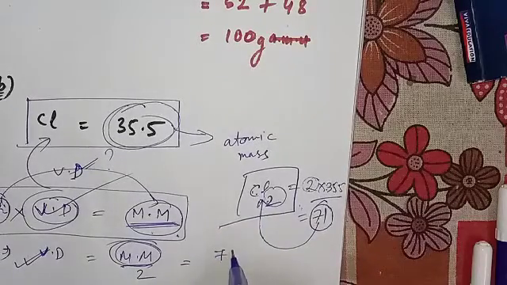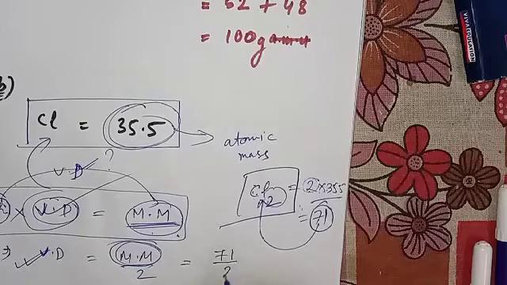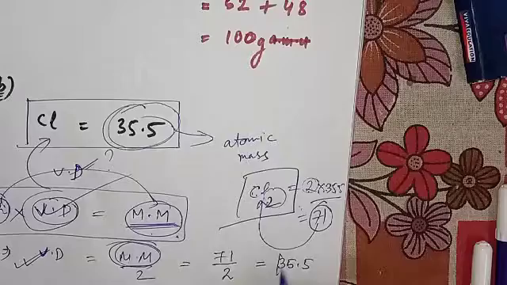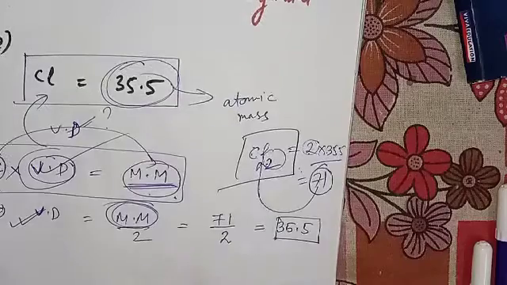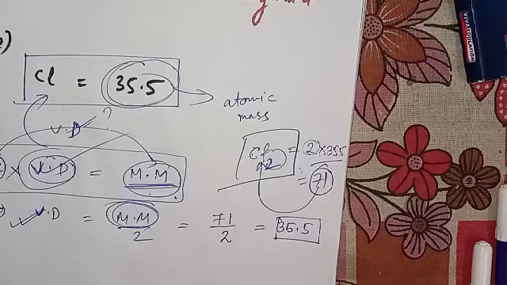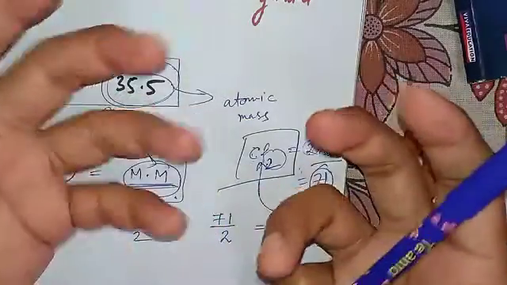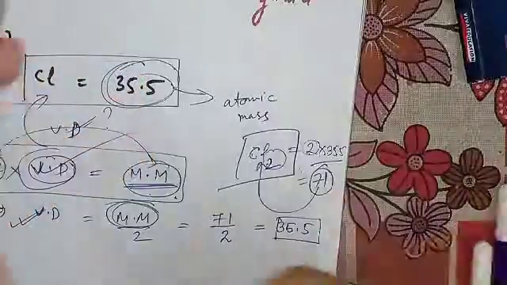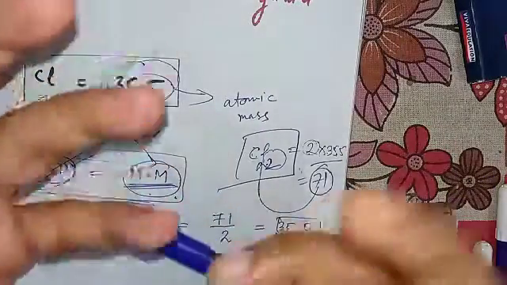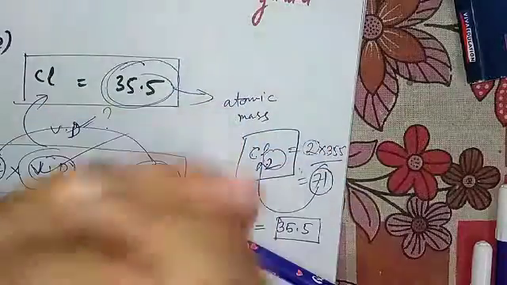So if you put 71 over here and 2 in the denominator, if you divide it, you will get the vapor density as 35.5. And why is vapor density not having any units? Because it's a ratio, as I explained in the previous video. I hope it's clear to you. I'm giving you a couple of numericals based on molecular mass and the relation between vapor density and molecular mass. Try to do them to make your understanding and concept more clear.